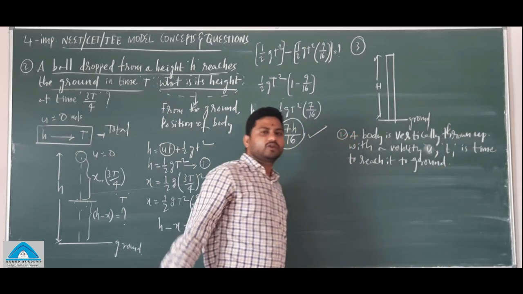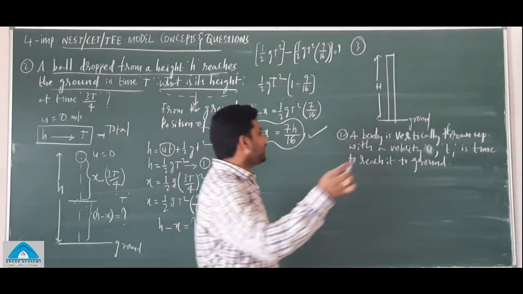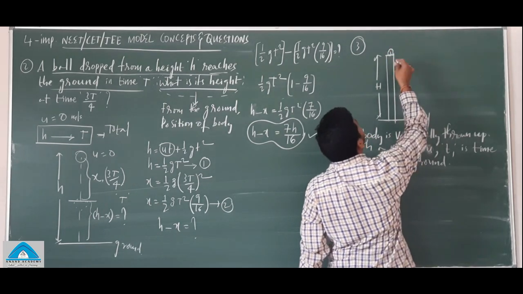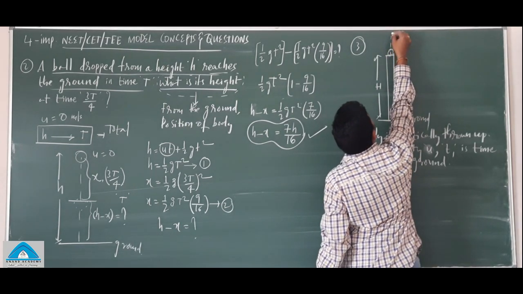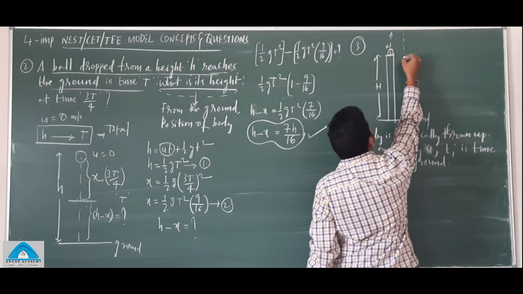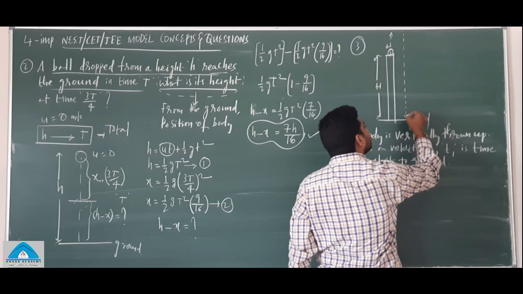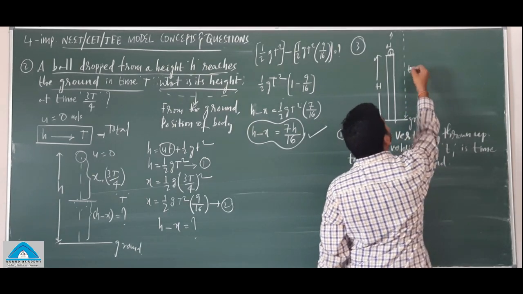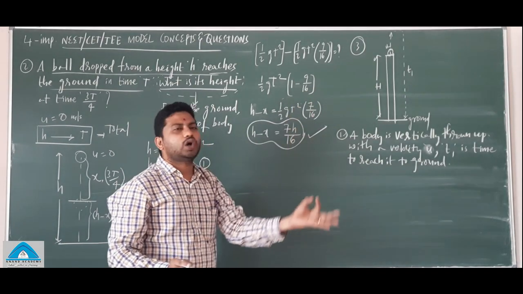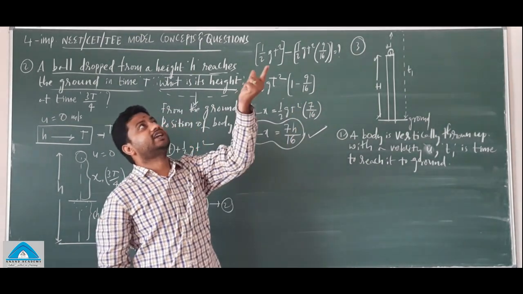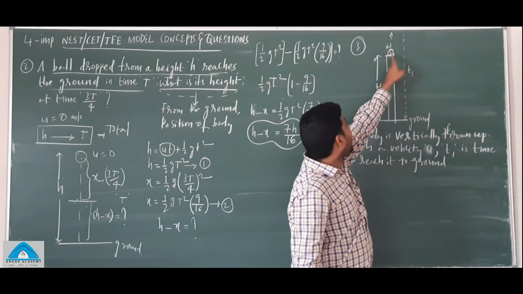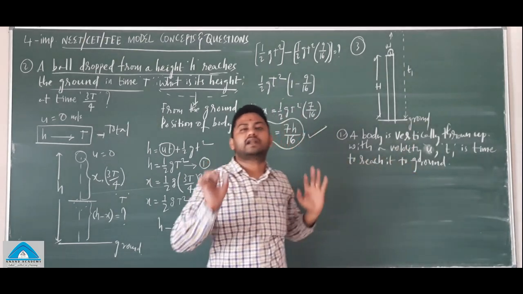So interesting. What is that? The first case, a body is thrown up from here. This is the body, first body, which is thrown up with some velocity u. And if you throw up with some velocity u, definitely it will reach the ground in a time t1. That's what they are saying. Only that much. A body is thrown up from the top of a tower, vertically projected up. It needs some initial velocity, so that is u, and it reaches the ground in a time t1.